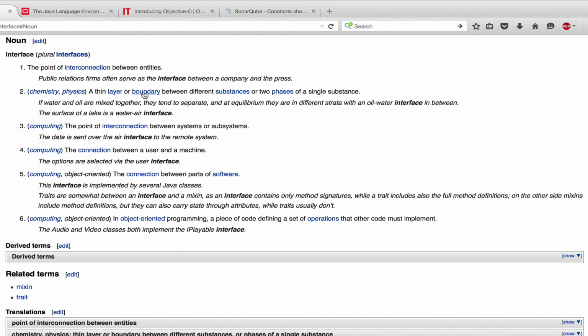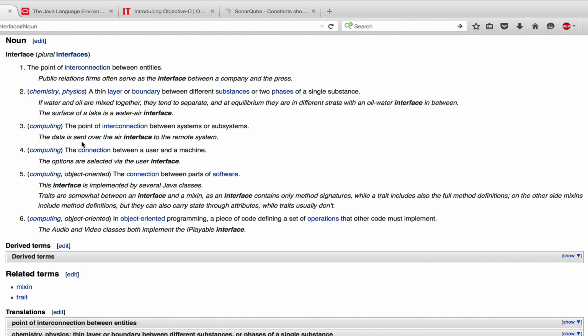When I say boundary, think of something like the Chinese wall, which was a big protection from the hordes that were invading from the north. And this is also what an interface is. It can protect a class from other classes. But more of this later.